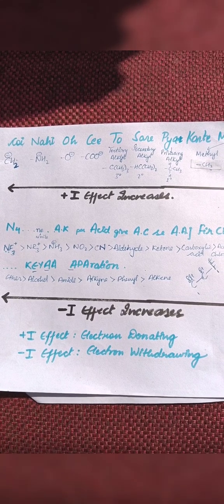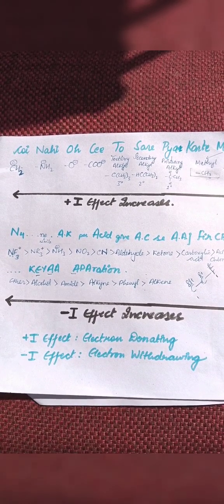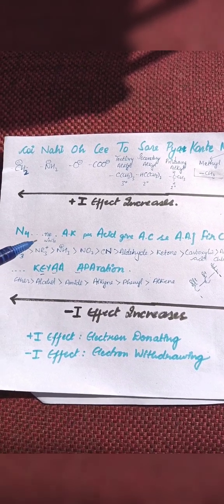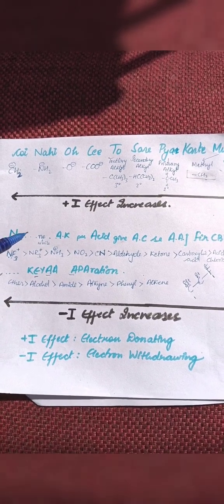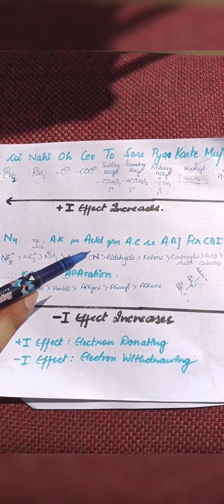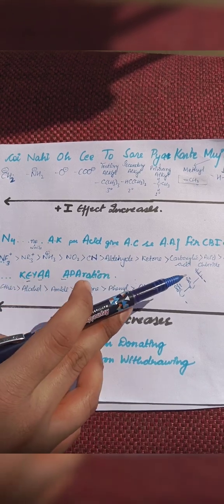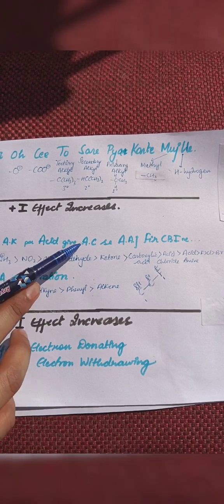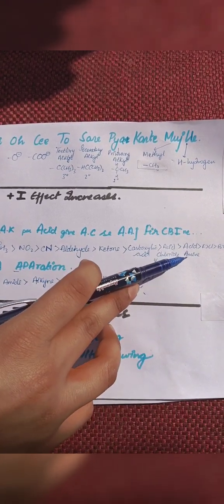So the second trick is the I negative effect. In this effect, NF3 positive and R3 positive, NH3 positive and NO2. Here, N represents nitrile group. A and K represent aldehyde and ketone. In Acid, A represents carboxylic acid, AC represents acid chloride, AA represents acid amide,